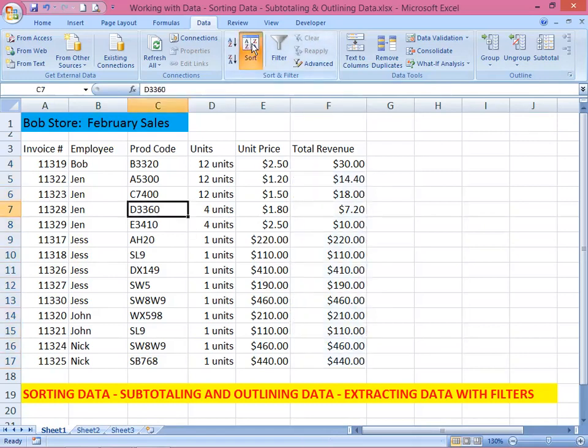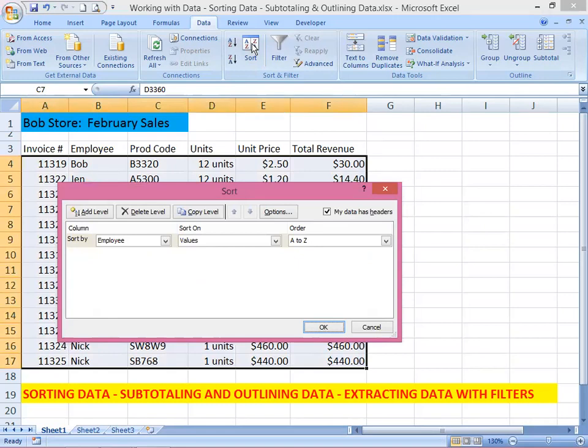This one. Okay. So by default, Excel has selected the entire list to be sorted. If you had wanted to sort only part of the list, you could have selected those cells before opening the sort dialog box. You have already sorted the list in ascending order by employee as shown in the dialog box. So employee appears in the sort by text box. To perform a second sort, click the add level button and then select the appropriate field in the then by text box. So we're gonna click the add level button, this one,